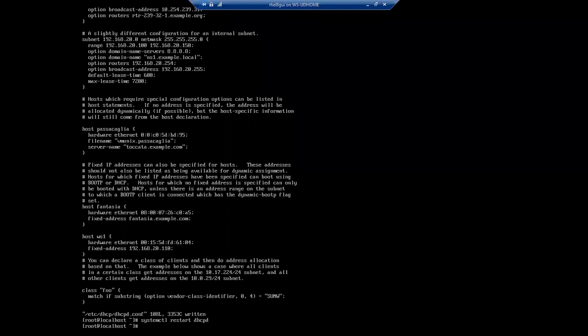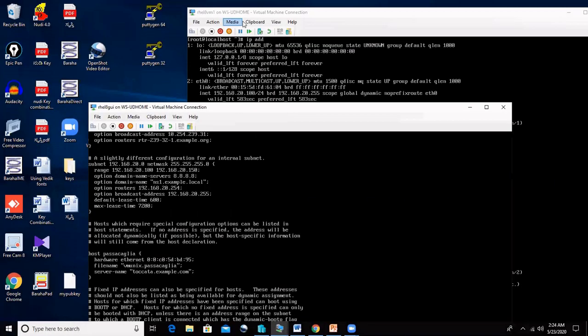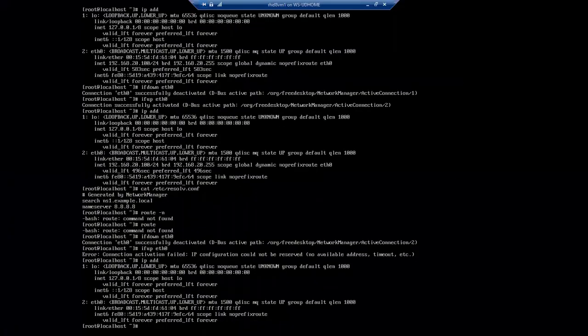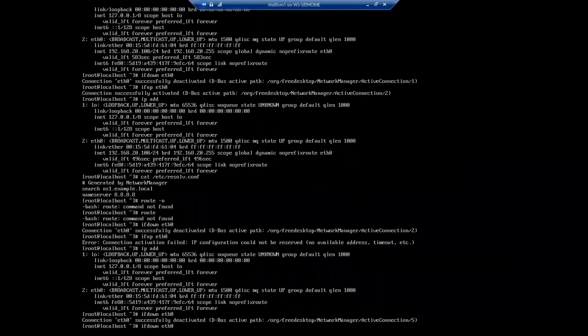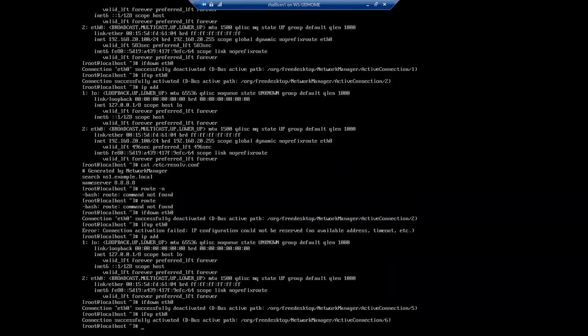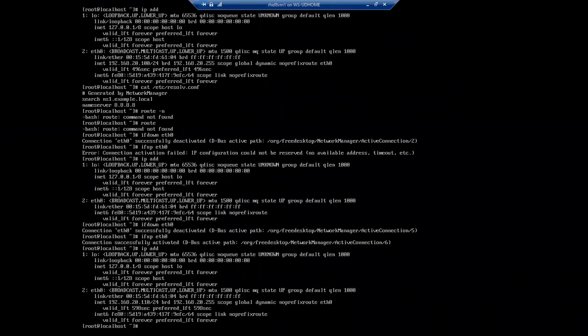Now I'll go back to another machine, the virtual machine. Here I'll say ifdown, ifup. Now the system will come up, and it will get a particular IP address from the DHCP server.